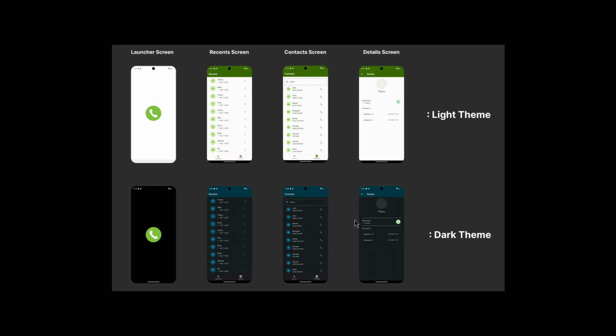Today I am going to develop a call log app where we have to handle the different stages of permission. If the permission is granted, we have to do something. If the permission is denied, we have to do something. If the permission is permanently denied, then we have to do something else. And the app consists of